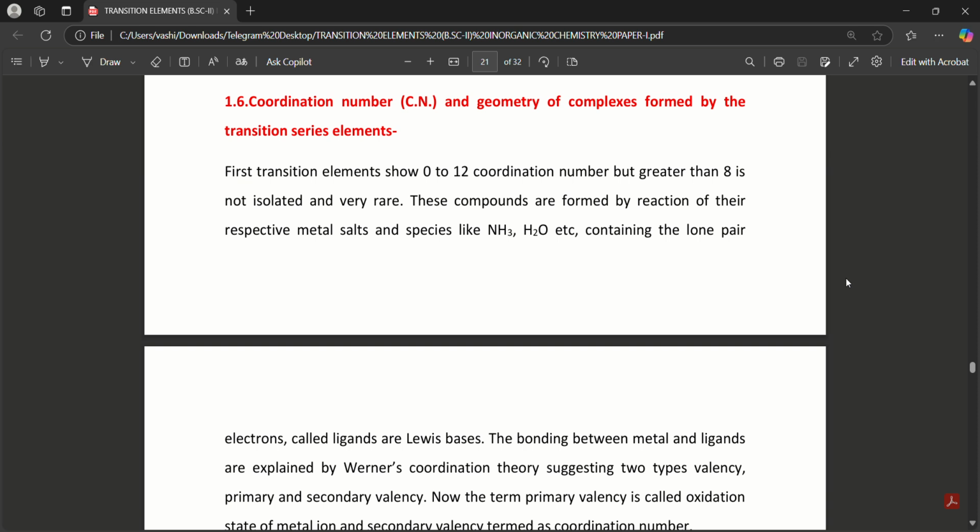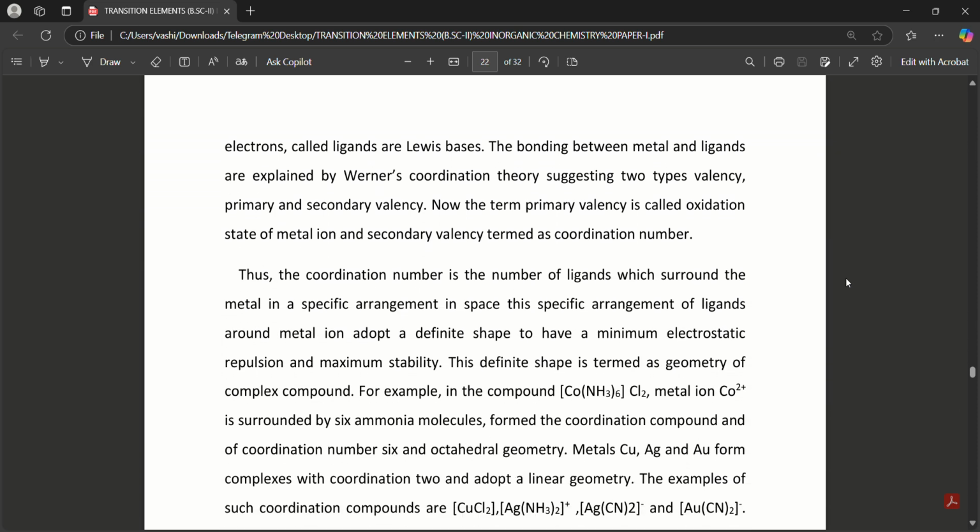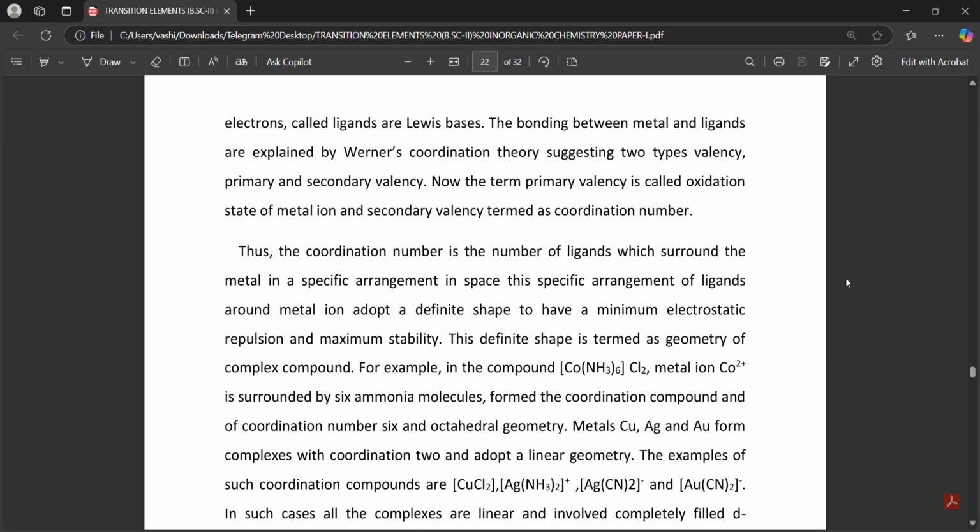Coordination number (CN) and geometry of complexes formed by the transition series elements. First transition elements show coordination numbers from 2 to 12, but those greater than 8 are very rare and not isolated. These compounds are formed by the reaction of their respective metal salts with species like NH3, H2O, etc., containing a lone pair of electrons, called ligands